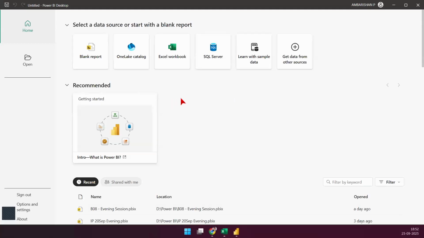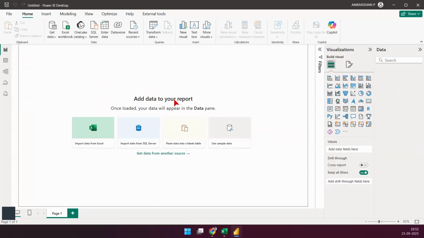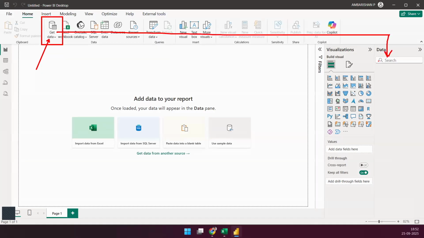Okay, good. All right. I'm just going to jump into the tool and let's go ahead and create a blank report here. Now, like I told you, the very first thing that you'll do is get to your data. You have to pull your data into the tool. So go ahead and use the very first icon that is enabled to get to your data. And once you get the data, it will come and sit here on the right hand side.